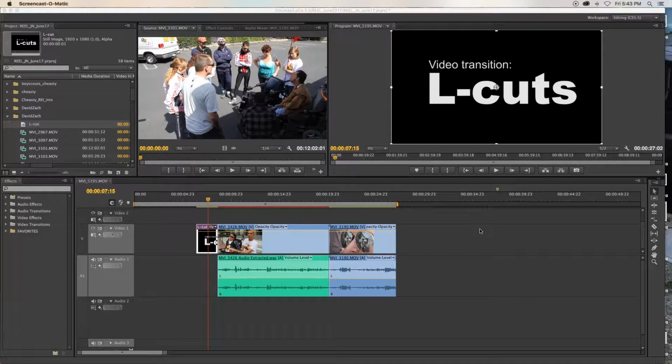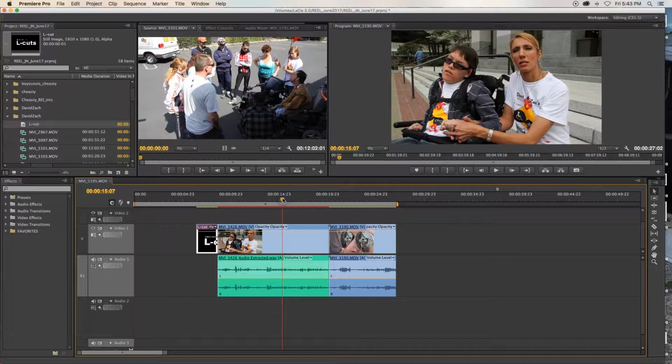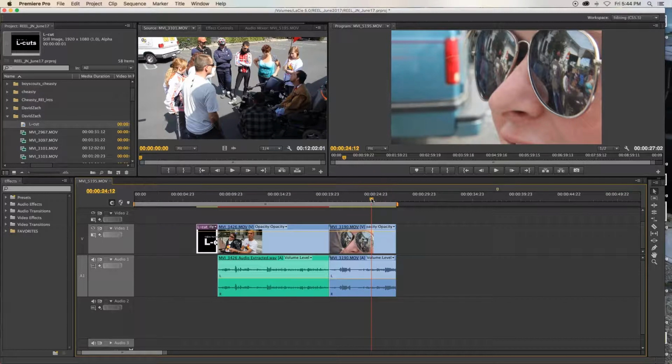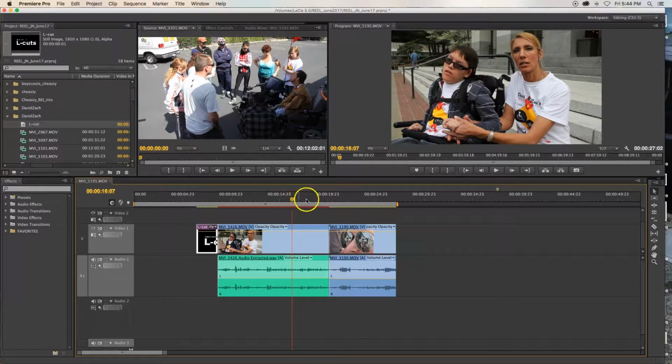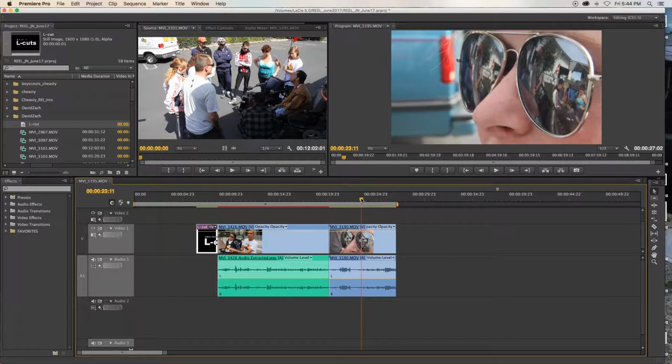So the L cut is a very valuable transition to move from dialogue to a contextual image that goes along with the dialogue. In this case on screen I have a woman who's giving me an interview, and I'm going to cut to this image of the reflective sunglasses. Now these images are related in the story, the audience knows that, and so they'll be comfortable moving, but I can make this an even better transition by continuing her dialogue as I transition to this contextual